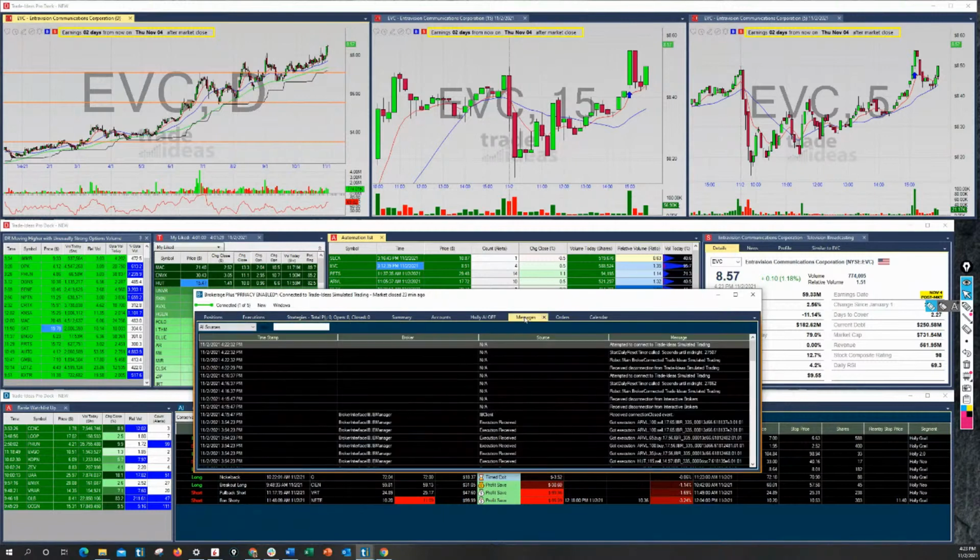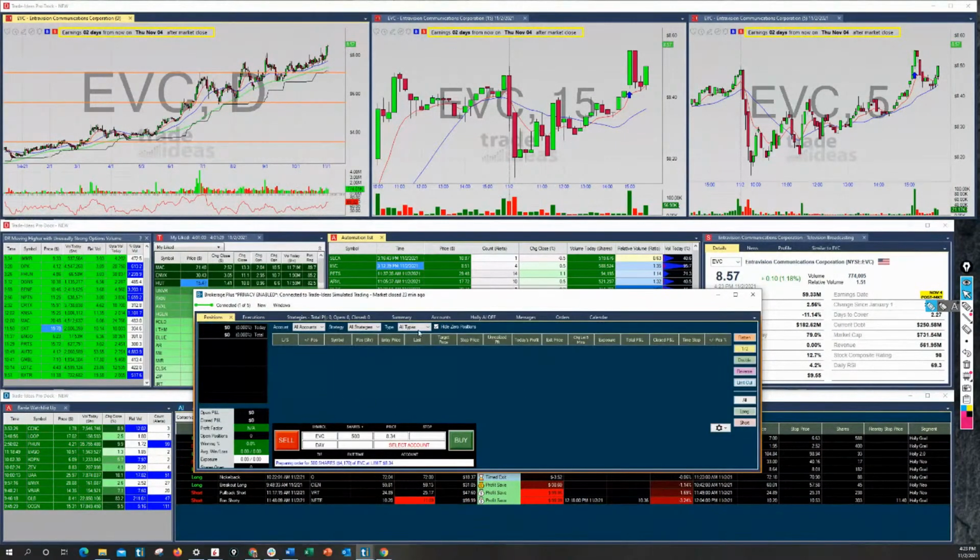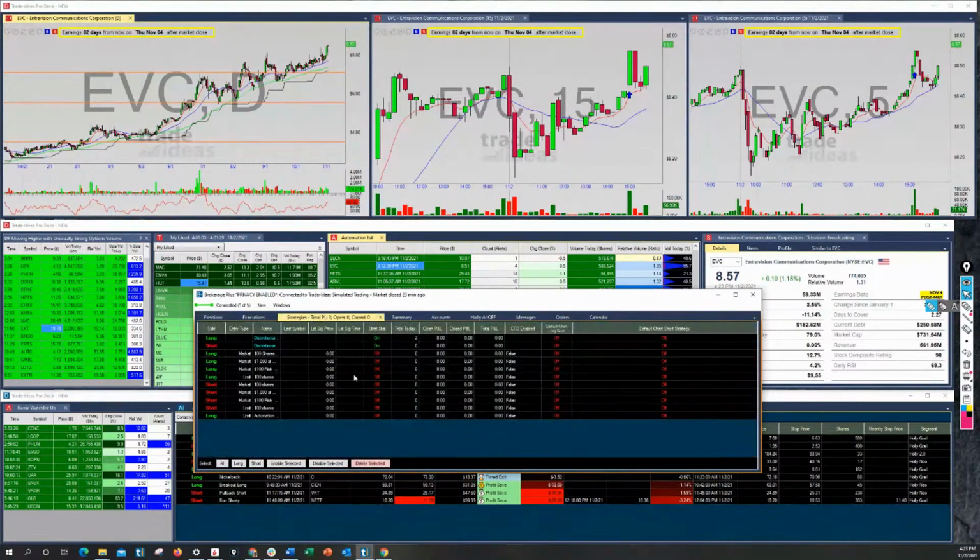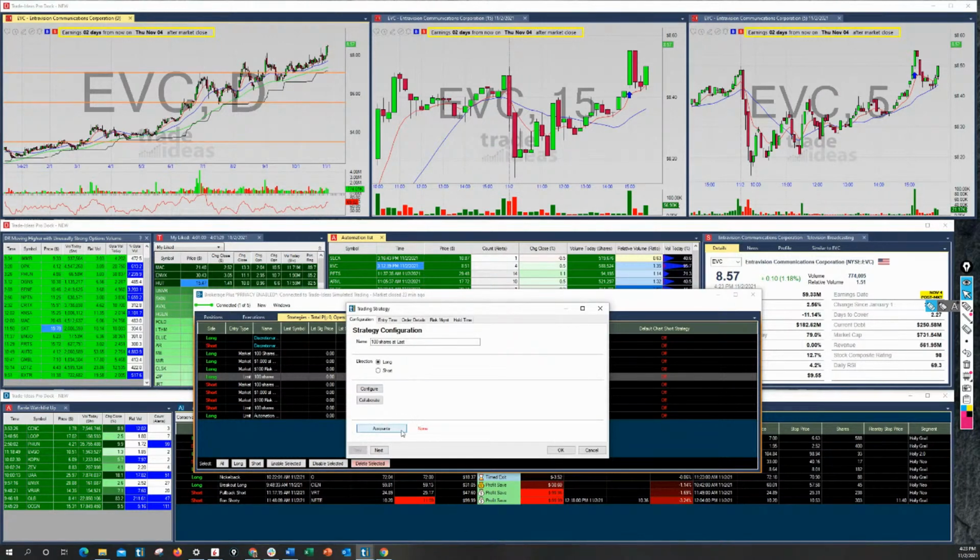Or a message here. Not doing it because we're outside the regular hours right now. But if that's why you're not getting executed, it's this here. You got to select the account there, and if it's in one of your strategies, you got to come to the strategy, right click, come to edit trading strategy, and you see here accounts none. So it's not directed. So if I was using this 100 shares at last, and I press buy off of that, nothing's going to happen because I don't have it. So you got to select the account here: account, none, account, simulated trading, and then it's connected to an account. If you were with IB, it will be connected there.